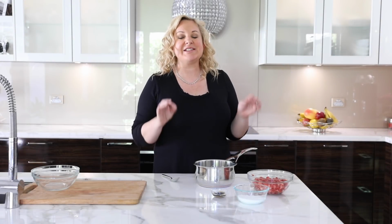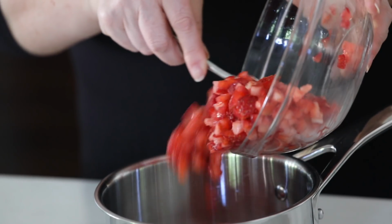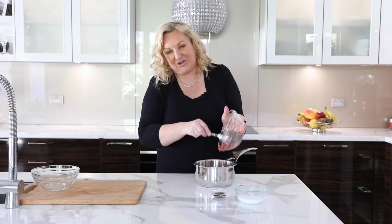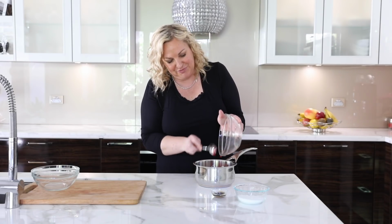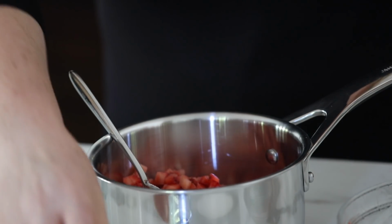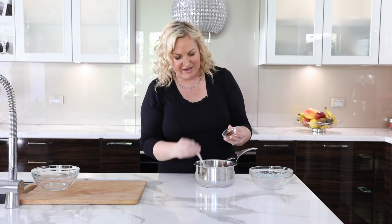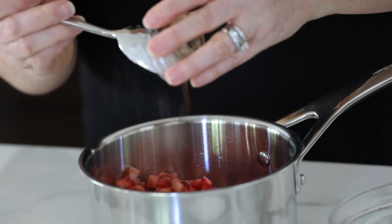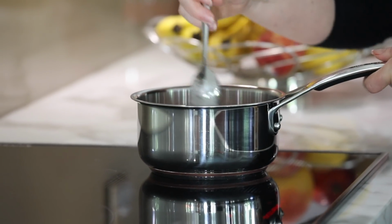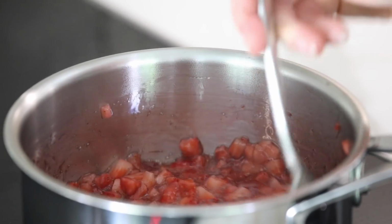We're now moving on to the strawberry compote, which is absolutely divine. We've got some diced strawberries here, which we're going to place into a saucepan. You could have this on its own, just with ice cream, and it'd be beautiful. Some sugar. And some vanilla bean paste. I'm going to place this on the stove, and while I'm stirring it, I'm going to simmer it for 2 to 3 minutes just to reduce some of the water, and then I'm going to place it in a bowl